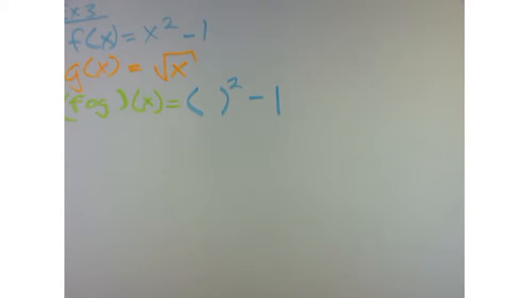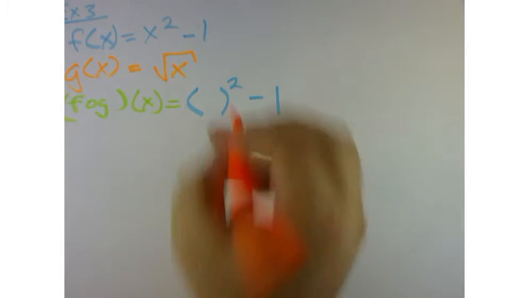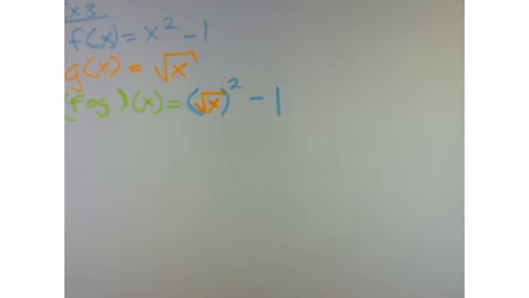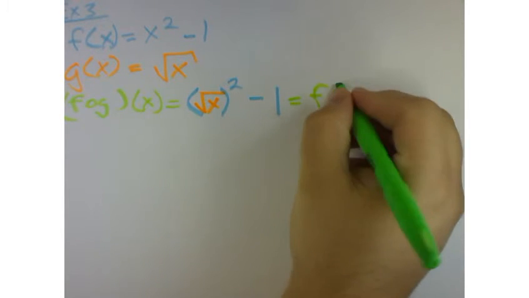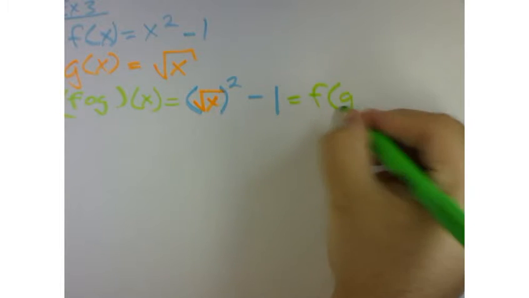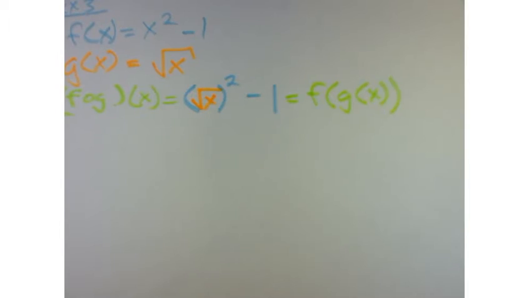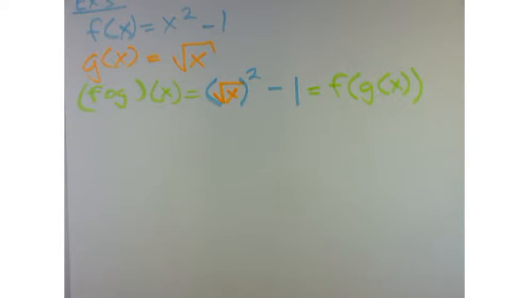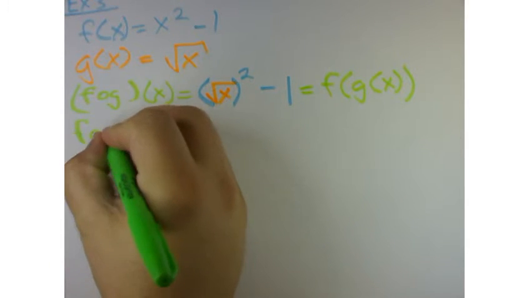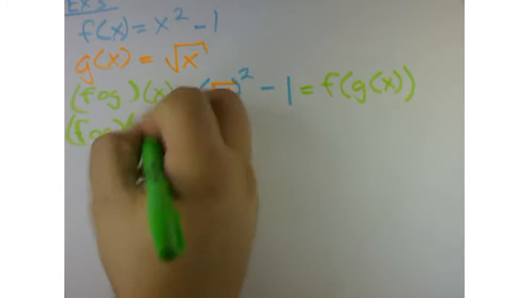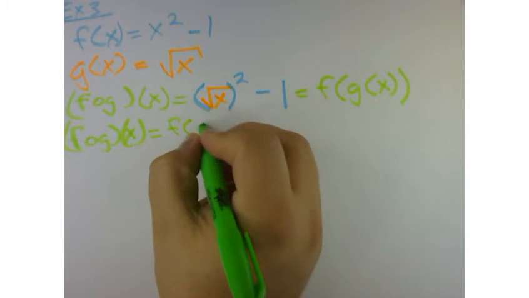Okay? And that something that we're going to plug in is g of x. So we're going to say the square root of x. And so sometimes you'll see it written this way. You'll see it written as f of g of x. Sometimes you'll see it written that way. Okay? So now to complete this, if I say f o g of x, which is sometimes written as f of g of x,